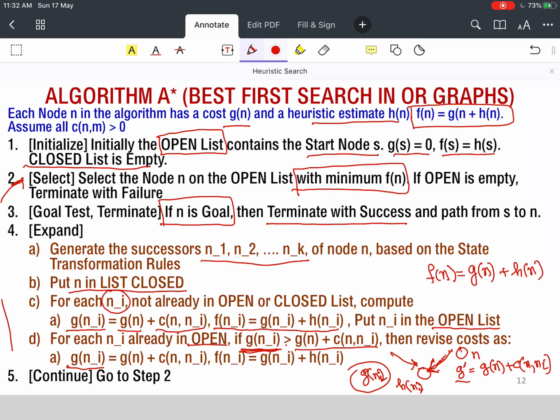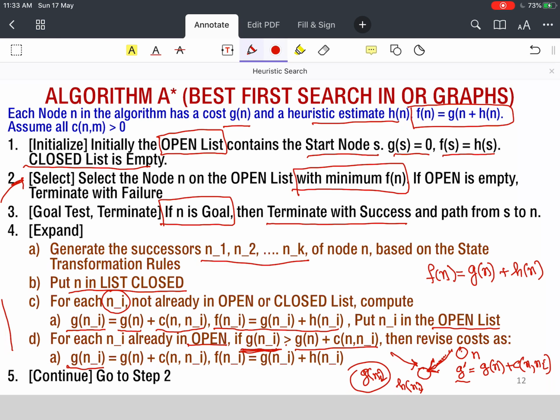So it is the same as breadth first search, with the riders that I am using G(n) value, H(n) value, and F(n) value to order the open list. And I am again removing the first node, or the minimum cost F(n) value, from open list. I am generating children and putting them into the open list. But for those which are new, I compute the G(n) value and put it into the open list.